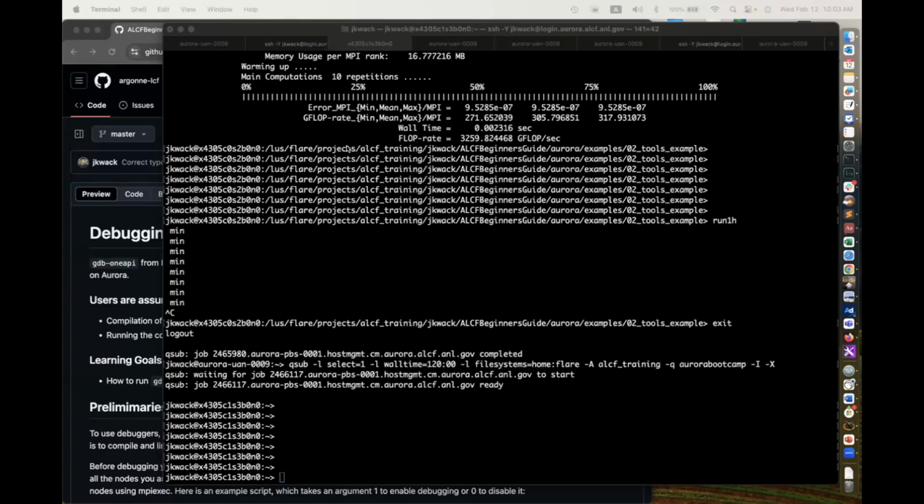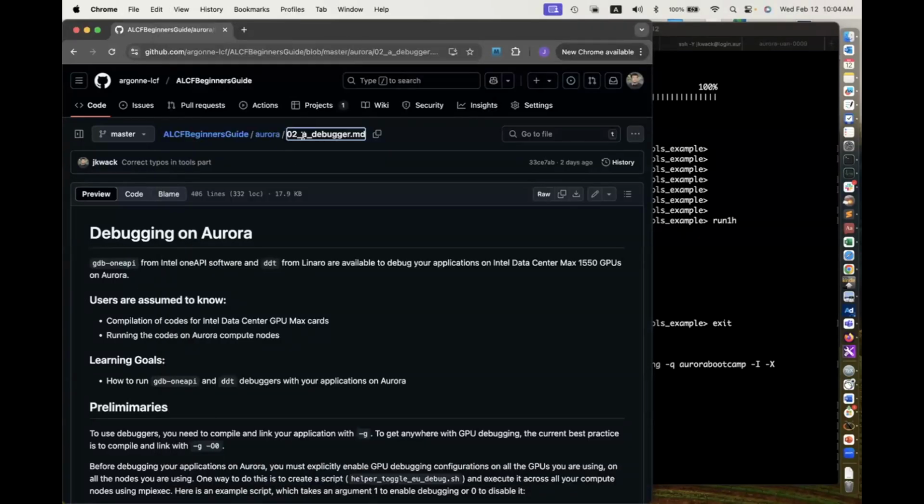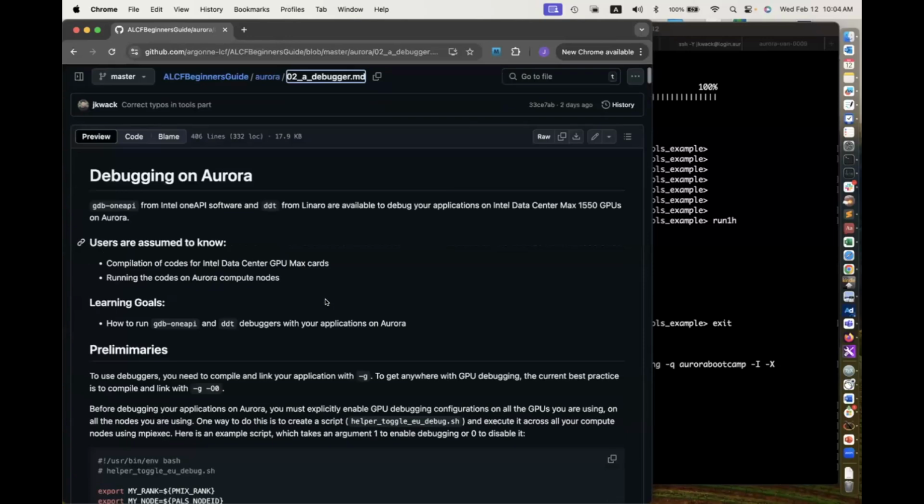So for the next 35 minutes, I'm going to talk about the debuggers and the tools. Now I'm on the 02_a debugging.md file. On Aurora, we have two debuggers. One is GDB-oneAPI. This is a traditional GDB debugger extended for the Intel GPUs. Another debugger is the Linaro DDT. Previously it was ARM DDT, and before that it was Allinea DDT too. This is a pretty popular parallel debugger. I will show you how to find these two debuggers on Aurora and how to run them with a